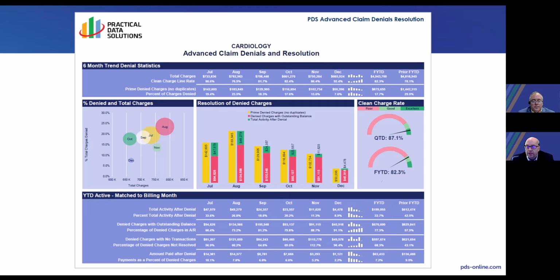In this case, we're looking at clean claim rates within our denials. And I can tell right away that for the month we did really well. Year to date, we're still struggling a little bit. So I probably need to go back and look at some of these prior months to understand where we were maybe a little bit higher and go in and figure out